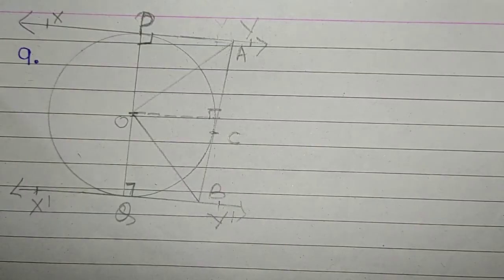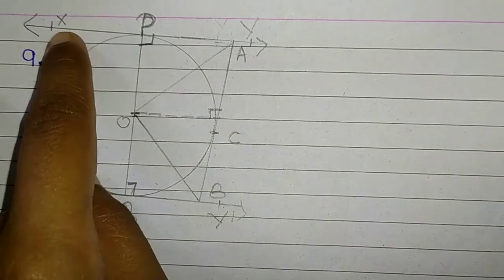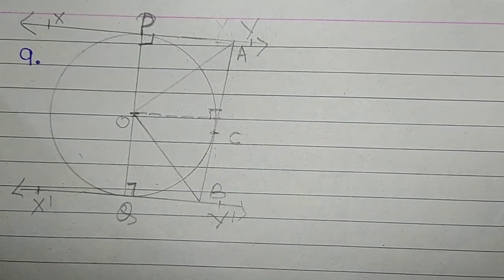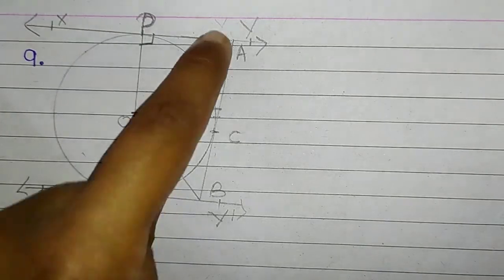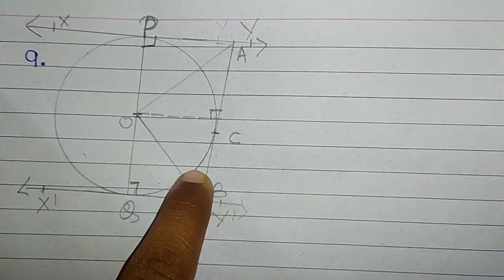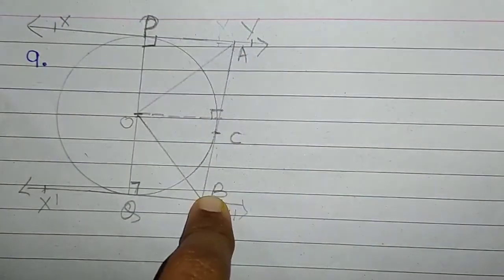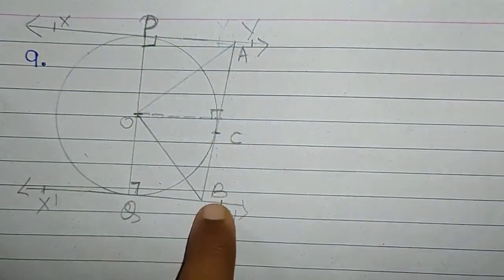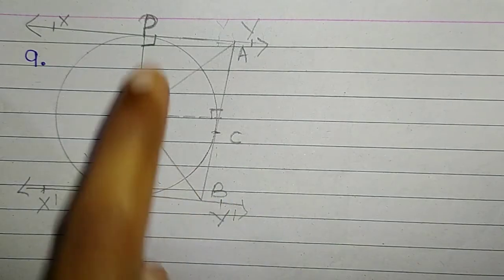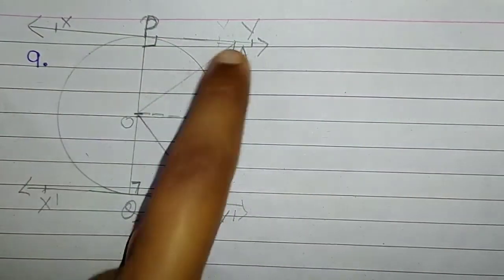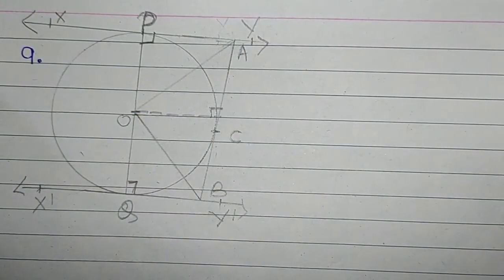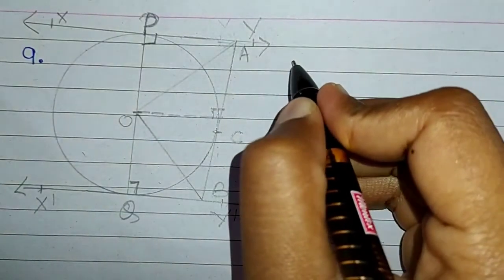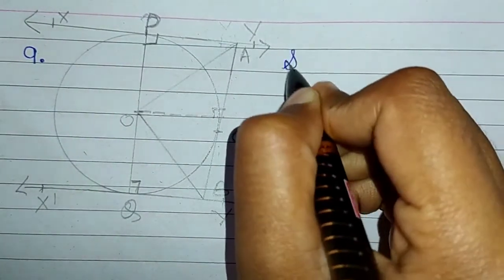In ninth question, in the figure 4.13, XY and X'Y' are two parallel tangents to a circle with center O. And another tangent AB with point of contact C intersects XY at A and X'Y' at B. Prove that angle AOB is 90 degrees. Our job is to prove that this angle is 90 degrees. So to do that, first let us consider the solution